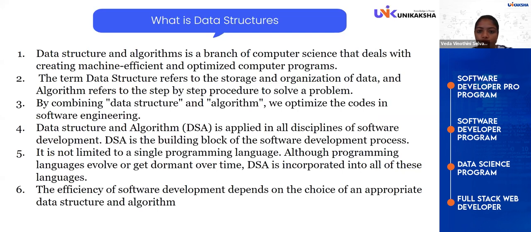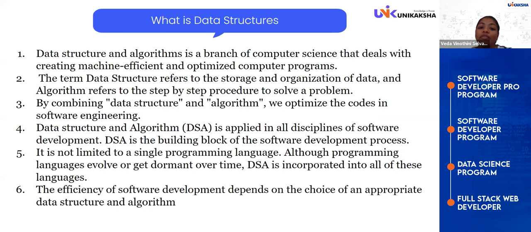There are two types of structures: the non-linear data structure and the linear data structure. In a linear data structure, each and every piece of data is organized in a linear manner, that means in a horizontal way, one by one. There are plenty of inbuilt linear data structures available, called stack, queue, and linked list. These all come under linear data structures. Under non-linear data structures, there are graphs and trees.